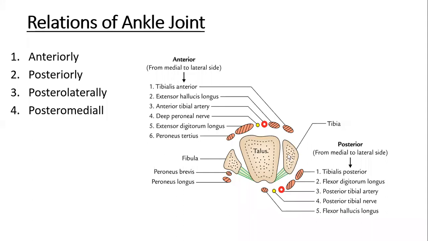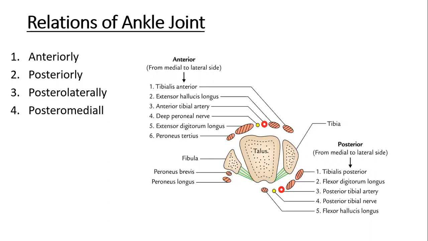To the medial malleolus, right? These structures form the posteromedial relations, meaning the structures pass behind the medial malleolus of the tibia. If you look laterally and posteriorly at the lateral malleolus, what structures pass behind the lateral malleolus so that they form the posterolateral relations of the ankle joint.